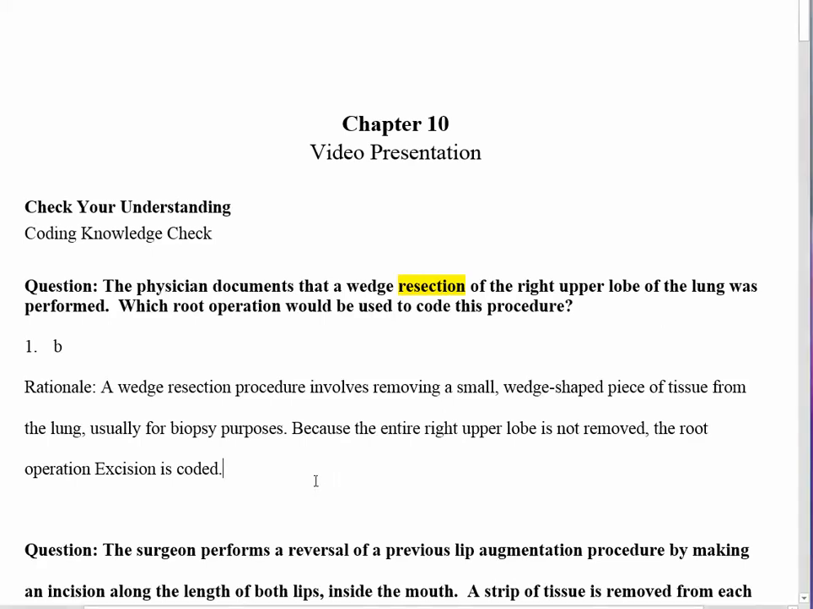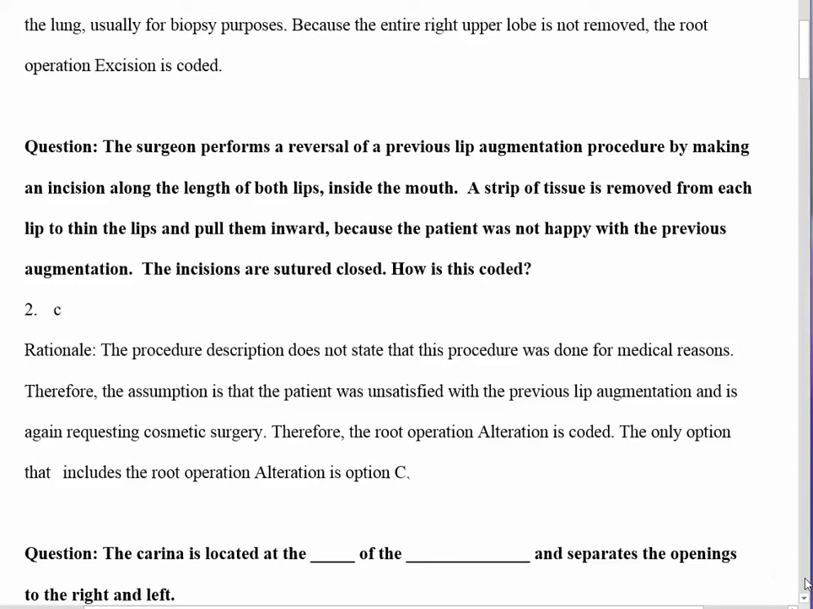Number 2, this surgeon is doing a reversal of a previous lip augmentation procedure. Talks about the incision that was made, a strip of tissue. How is this coded? And in your coding book, your textbook, they give you 4 options. Each option has 2 sets of codes. For example, option A has the code